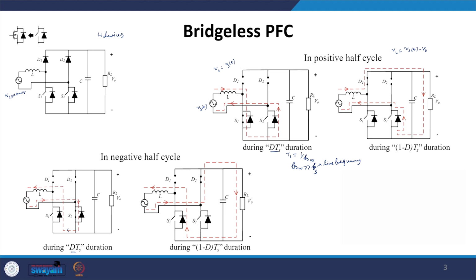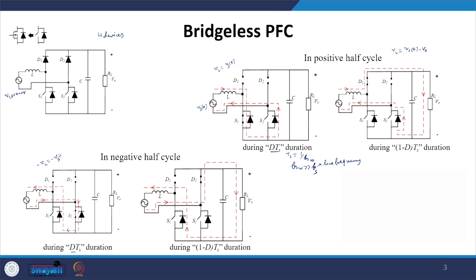And if you want better conduction performance, or less conduction loss, you can also turn on its channel, so that the current will go through the channel. Now in the DTs period, the current goes through the S2 switch, and it will return back to the source. In this case, we take the inductor voltage polarity in the reverse direction, as our current is going in the reverse direction across the L, so what we can write here is that the voltage across the inductor is minus VL equals Vs.